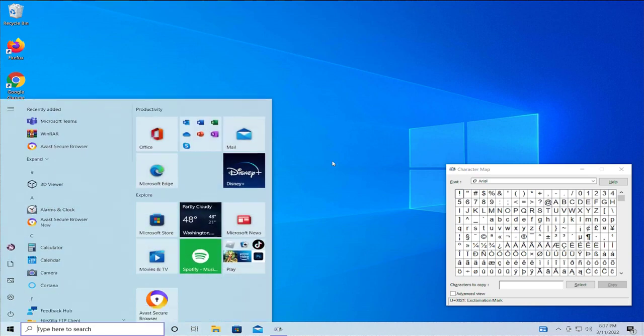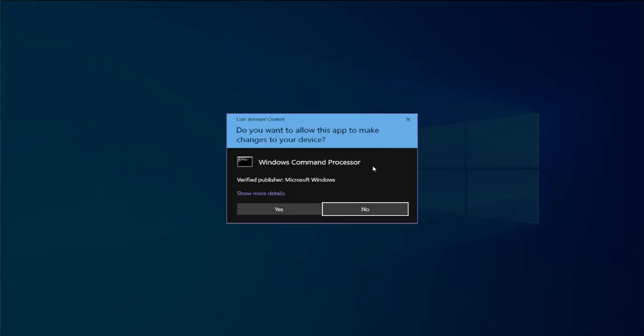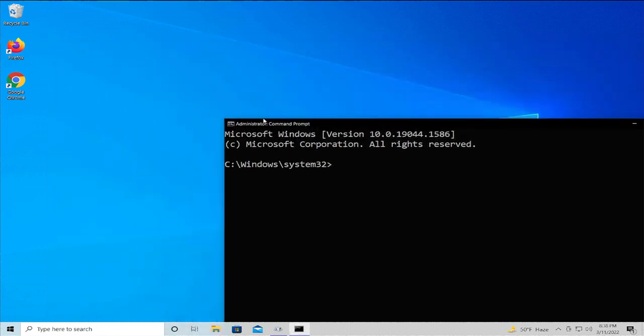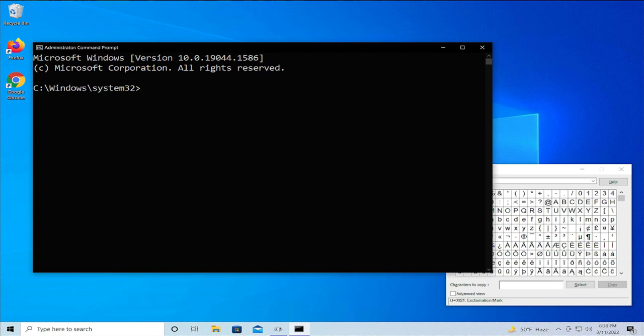Open up the start menu and type cmd or command prompt, right click and select run as administrator. If you receive a user account control prompt, select yes. Then copy and paste the command from the video description, or type this command: BCDEdit